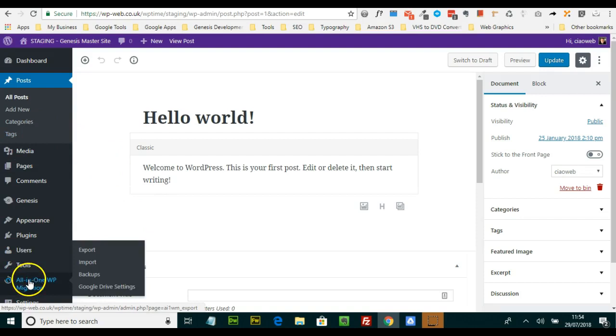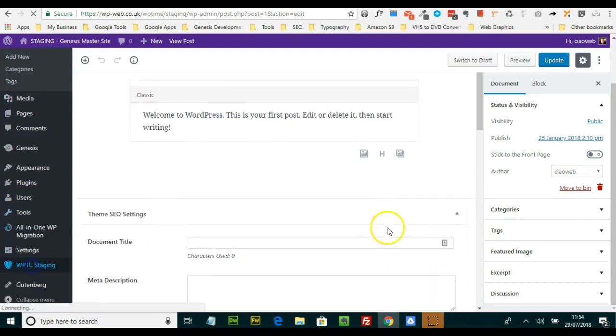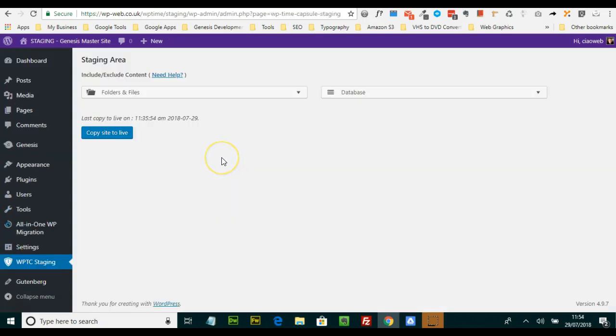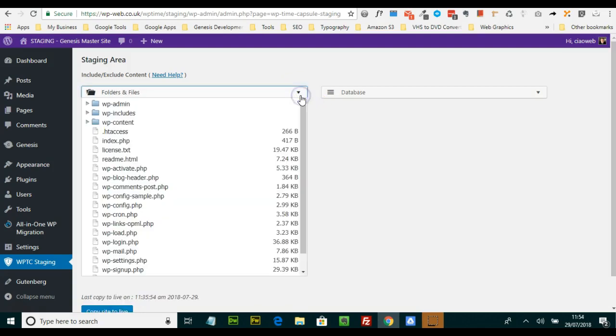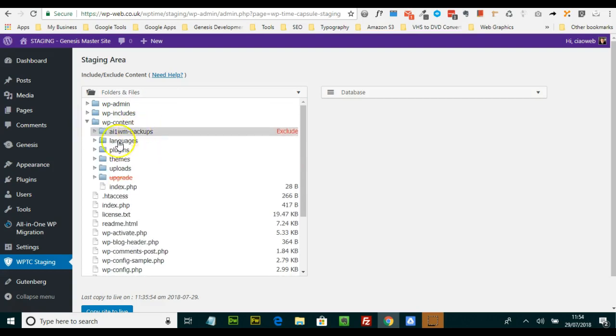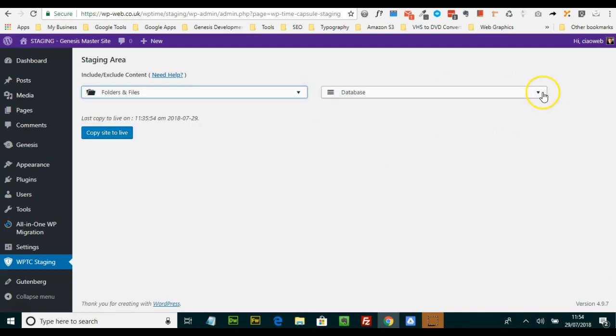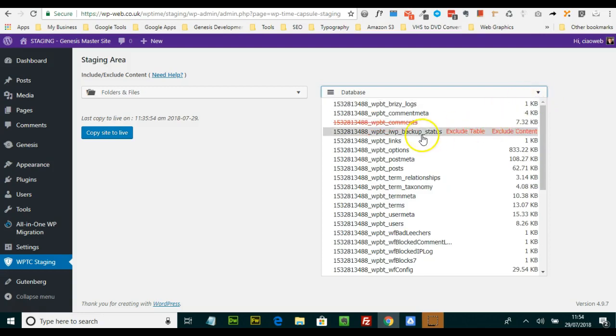Okay, now let's go back to WPTC staging, and then we just click this button to transfer all the changes to the production site. There is also this advanced setting, so you can go and exclude some files and folders that you don't want to transfer over, copy over, and then the database section can be very